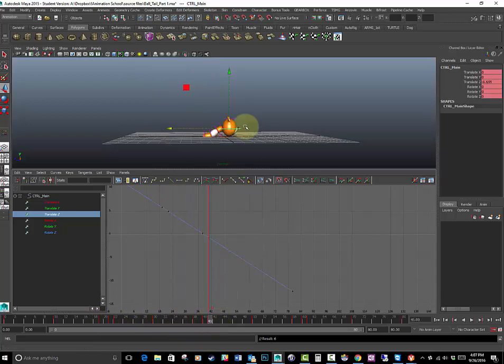This is when the character is touching the ground. I'm setting the key right there when it touches the ground. It's still on the ground, and I'm setting the key, and then no more keys. So what I'm going to do with those